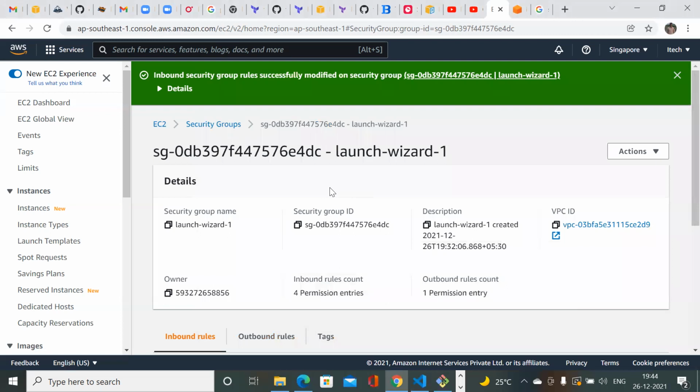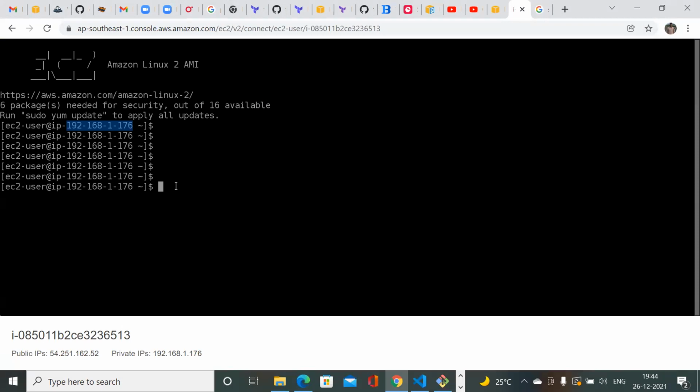Nice. Now one more troubleshooting step which I want to discuss with you is this: I want to install the HTTP package on the particular EC2 instance. The command for installing any package is yum install.